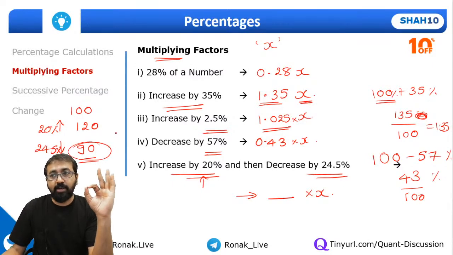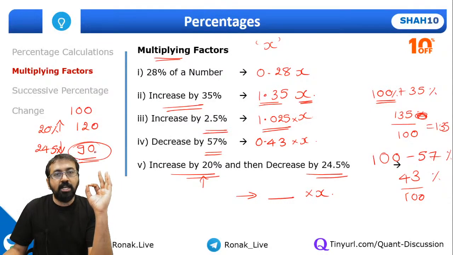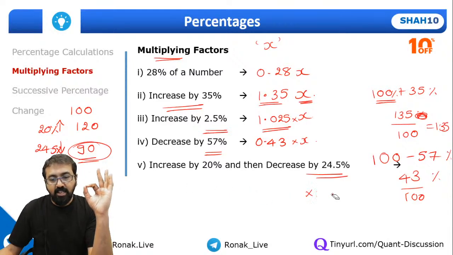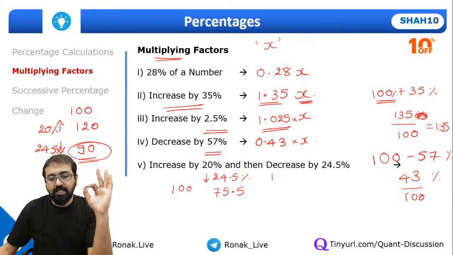But if I want to find out the exact value, guys, this will become complicated. So what you can do is, instead of doing it this way, guys, do it this way. Take the number 100, first decrease by 24.5%. So can I say this will become 75.5? Now increase it by